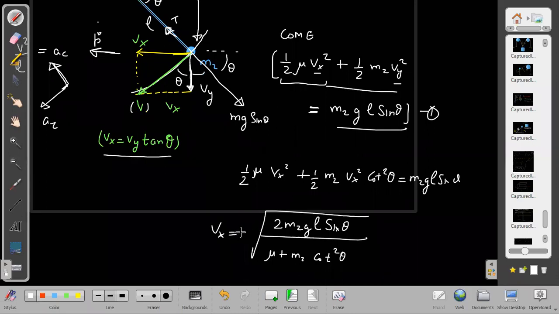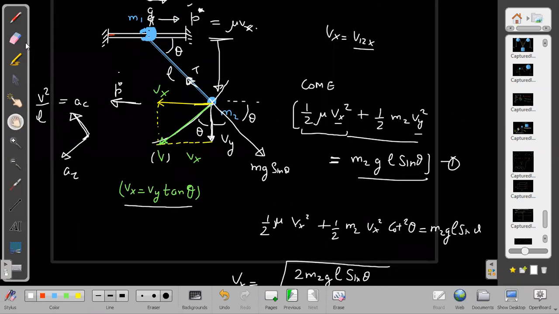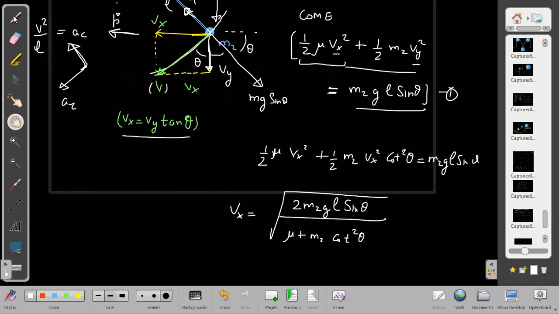So this is Vx. And from Vx, can we obtain V also? If they ask V, what is the relative speed? Although normally I have seen they will not be interested in the relative. They will be asking what the individual speeds are. If they are asking individual speeds, once I know the relative, the individual is so easy to obtain. What is V1? I can write this formula: M1 V1 is equal to mu into Vx, and is equal to M2 into V2x. These are very simple to obtain.